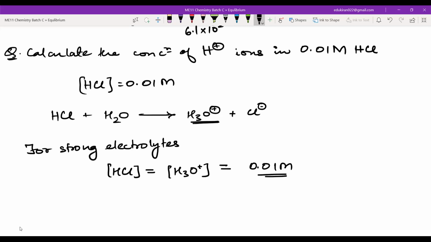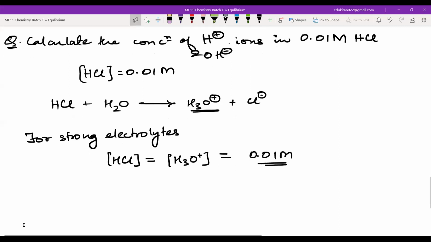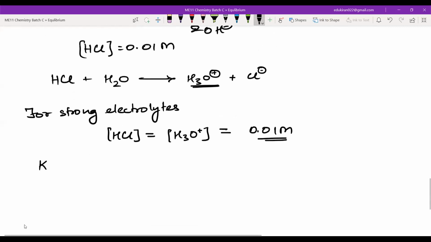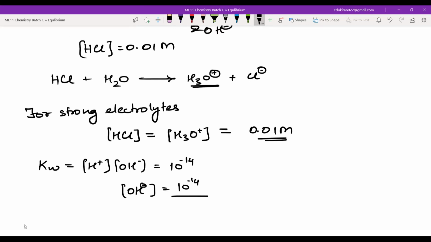Now, they can ask to calculate the concentration of H plus and also OH negative. Whenever you have to find the concentration of OH negative and you have been given H plus, one of the counter ions of water, then you will use Kw, which is equal to the concentration of H plus into the concentration of OH negative, equal to 10 to the power of minus 14. Hence the concentration of OH negative is 10 to the power of minus 14 divided by 1 into 10 to the power minus 2. So what will be the answer? The answer will be 10 to the power of minus 12 molar, right? Okay, so write this question.